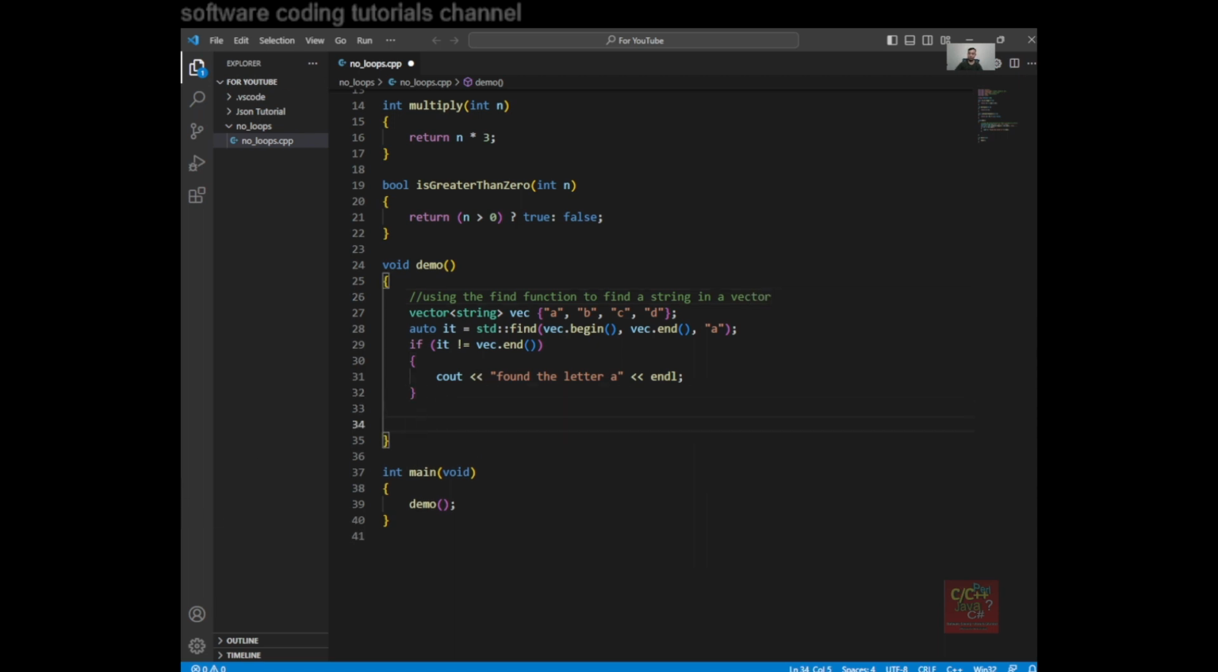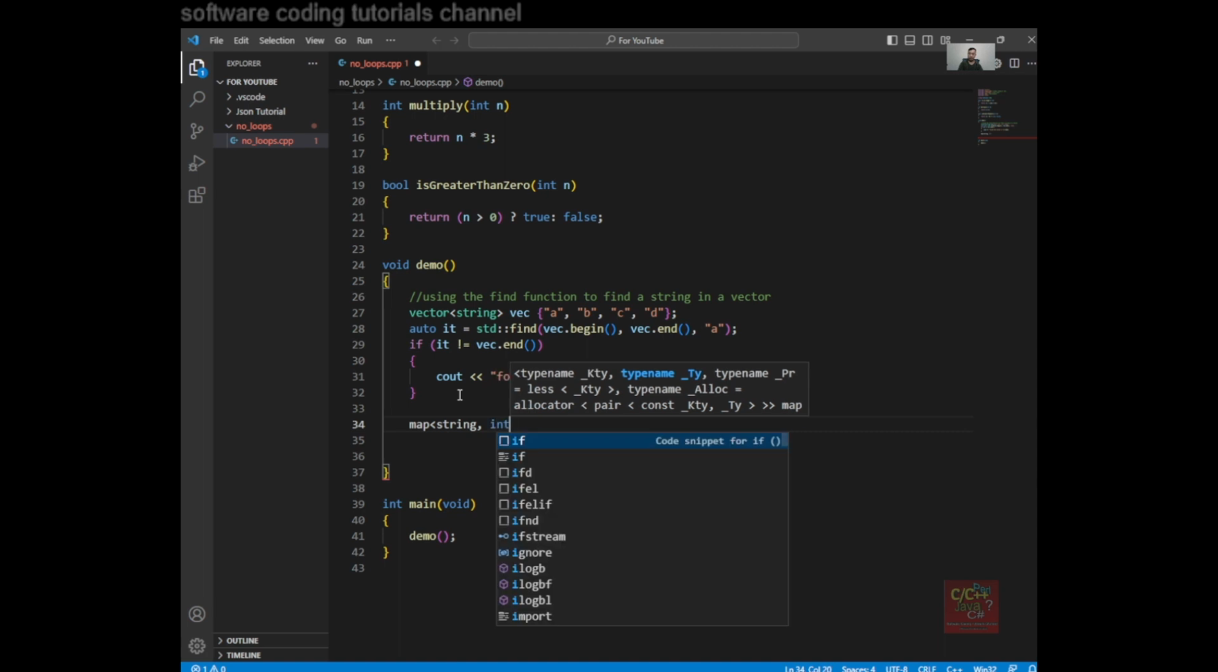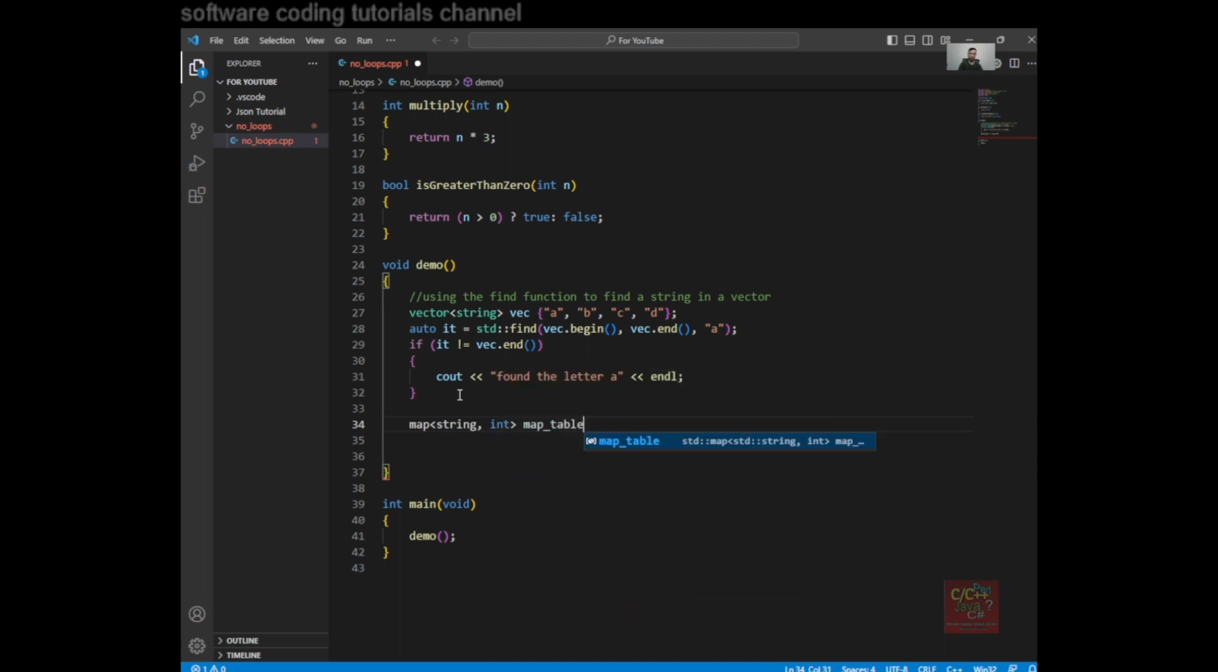Okay, so next up, let's say that you have a dictionary, right? A map. So the map would contain the letters A, B, C, etc. So let's create a map. So let's do map string to int, and let's call this map table. And in the map table, we're gonna have a couple of pairs, right? So a dictionary is a pair of key and value, so we say A, 1,